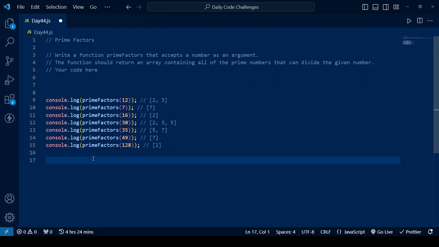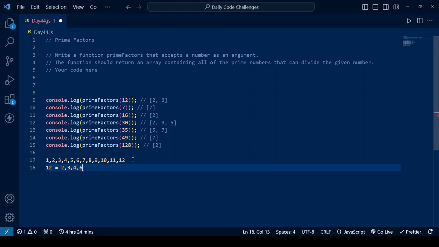Firstly, let's list every number between 1 and 12, 1 and 12 inclusive. So let's start with 1, 2, 3, 4, 5, and 12. So here we have numbers 1 through to 12. Okay, so from here, we need to first of all extract the factors of 12, not the prime factors yet, but just the factors of 12. So what are the factors of 12? We know we have 2, we have 3, we have 4, we have 6,